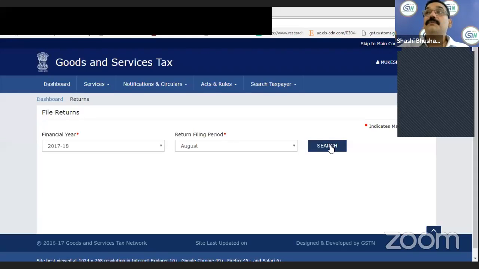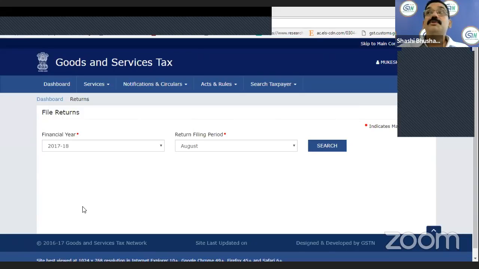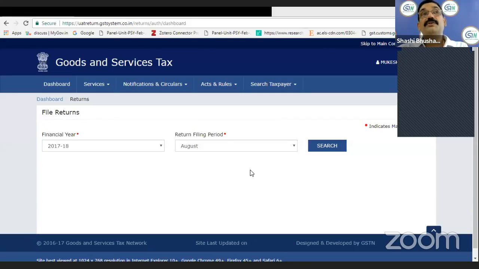So friends, now we will have a brief demo on how to file GSTR-3B on the portal. You can see after login, each taxpayer, if you log in through your valid user credentials, will be able to see the months for which you are required to file return. Say there is a question that if you are registered in August, whether you will be required to file July return. So if you are registered in August, you will be required to file only return from the date of